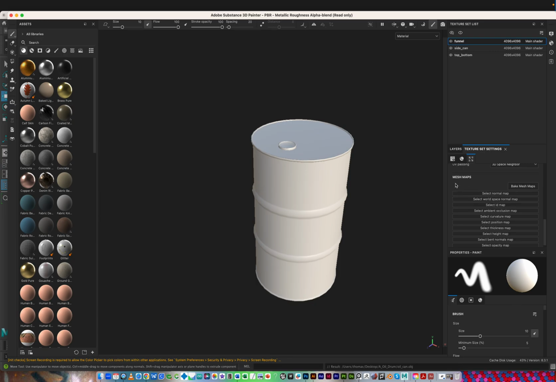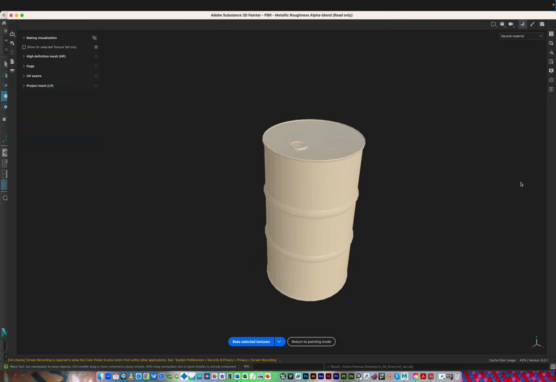All right, so we're going to go all the way down here to the bottom to mesh maps, and we have to bake out our maps first, okay? It's going to bake out all these maps you see here, the normal to ID, occlusion, curvature, position, thickness, height, all this stuff is going to bake out for every one of these. So 3 times 8, whatever, 32 different maps, right? It's kind of crazy, but this is how your game engines work. And also even in renderings like Arnold or V-Ray or whatever you're using, all right? So we don't have to select anything. I think it's going to bake all. So we're going to hit bake mesh,